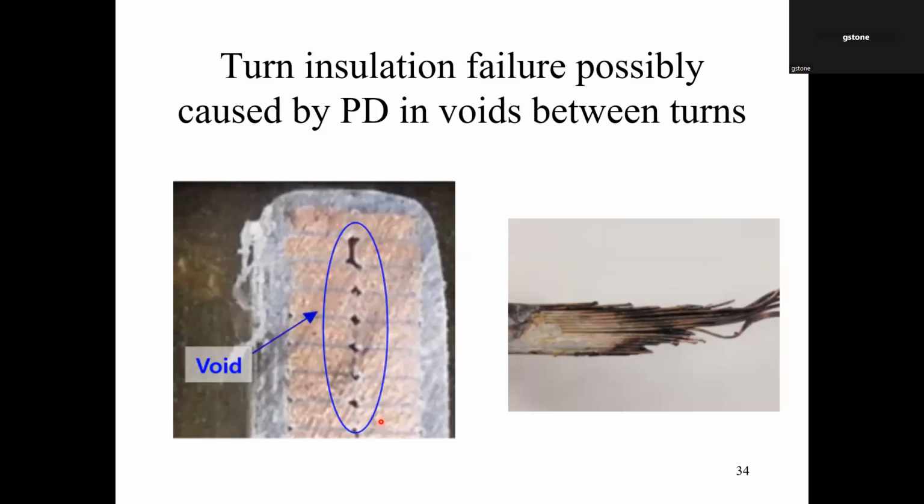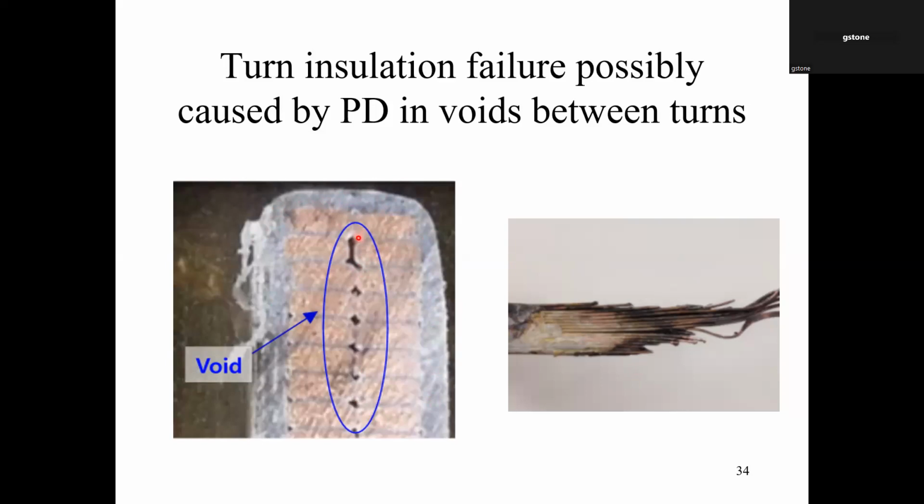Here you can see the copper conductors. This isn't the actual coil that failed. This one is from the same machine. But here's the epoxy mica ground wall insulation. I haven't talked about that too much, but you see these black marks in here. That's actually voids where, unfortunately, the manufacturer didn't impregnate it well enough. We get large voids here, and because of this uneven voltage distribution, you get partial discharges occurring here, and given